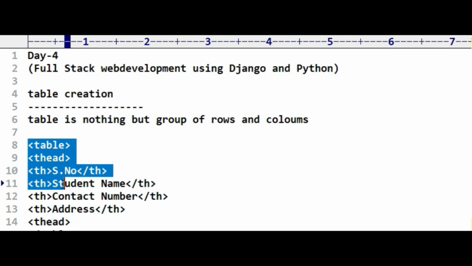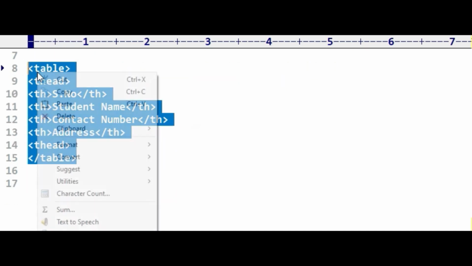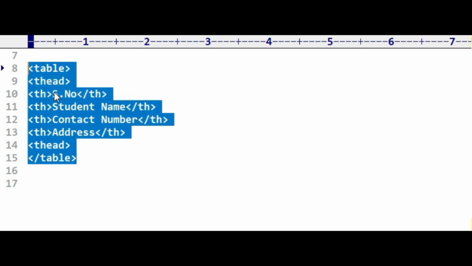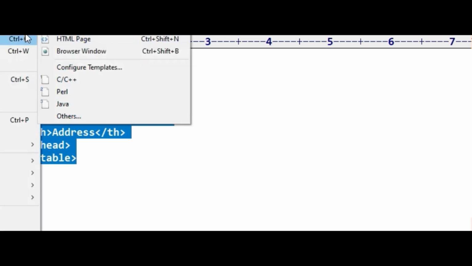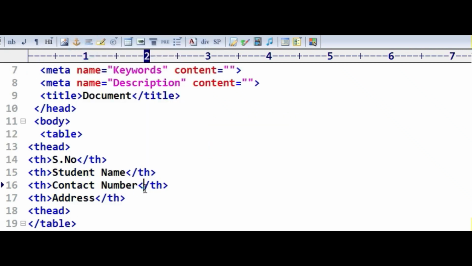So now the table header part is ready. Now just take a simple HTML page and paste your code here.